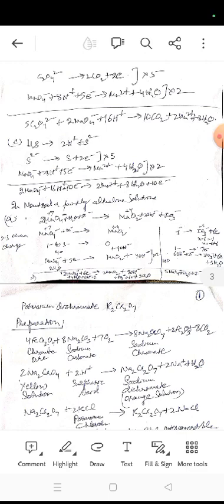So iodide to IO3-. Here X is in the plus 5 oxidation state, so from minus 1 to plus 5 it is 6 electrons, so 6 electrons are lost. On the left hand side it is 3, so multiply by 2 to balance the 6 electrons, and in this way finally we get the balanced